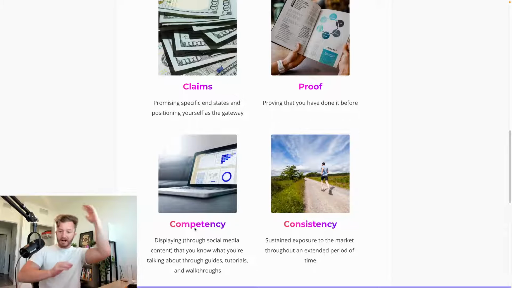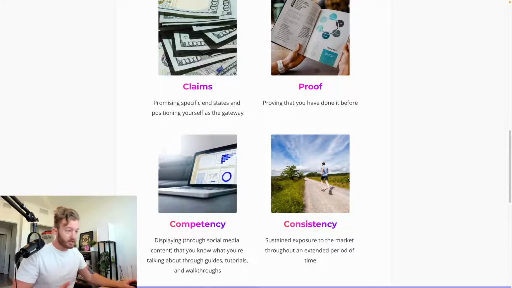And then you make a guide about examples of hooks you made. So this is displaying competency. You see what I mean? That's how that's working. Now, consistency is the sustained exposure of talking about this, and this across people who are